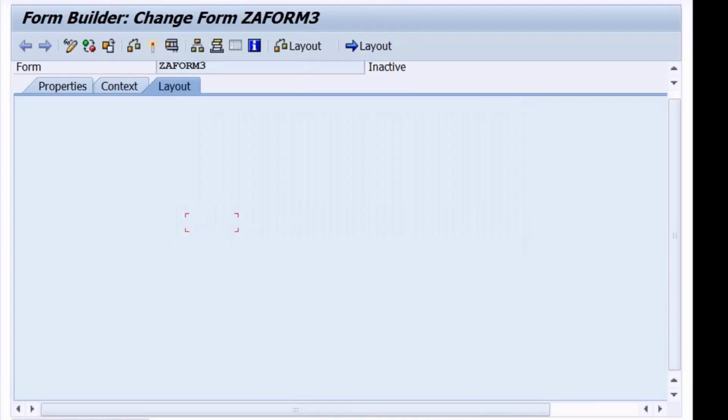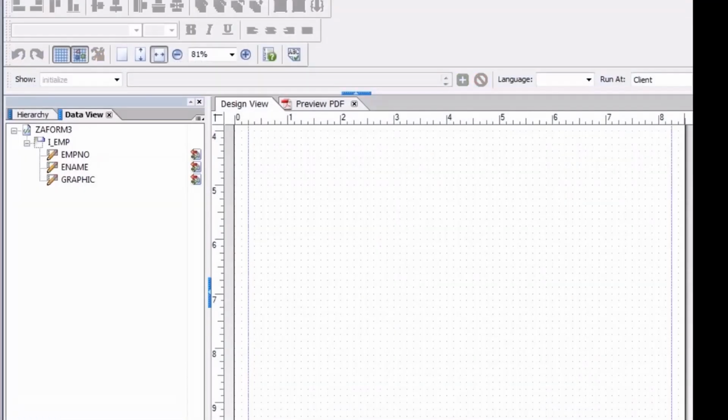I'm going to full screen layout. Problem with the type of control. Okay, now I got this.